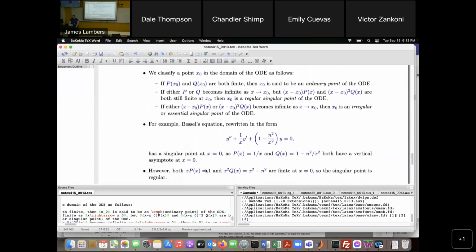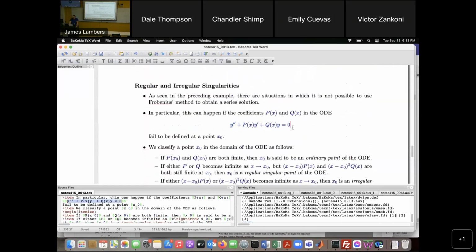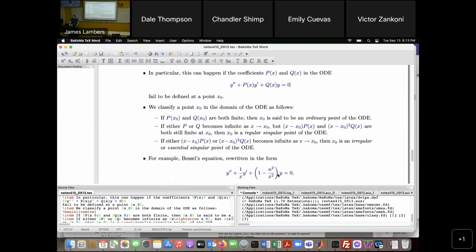Fortunately, we don't have that in Bessel's equation. So here, if I write Bessel's equation this way, divide both sides by x squared. Because remember, the ODE has to be of this form. Y double prime has to be by itself. If your equation is not written that way, you've got to divide by the coefficient of y double prime. Then you have your p and q in the right form for purpose of determining if there are any singular